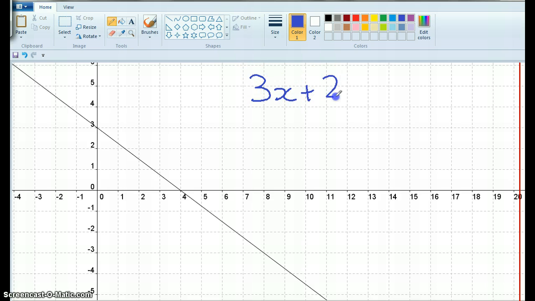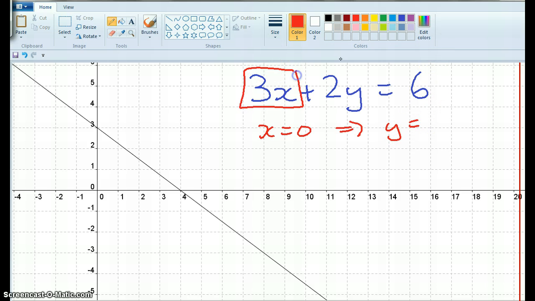3x plus 2y equals 6. Okay? Right. So what are we going to do first? When x equals 0, what does y equal? When x equals 0, this disappears, so y equals 2 times what is 6? 3. Okay, when y equals 0, then this one here disappears because 2 times 0 is 0. So what do we get? x equals